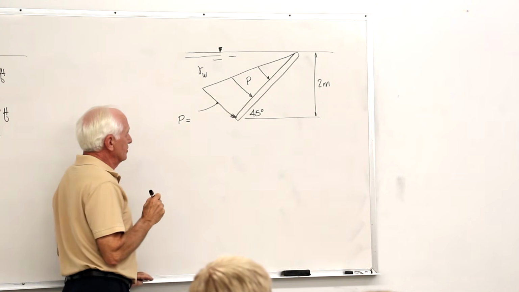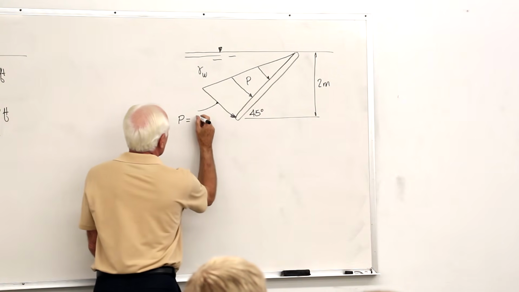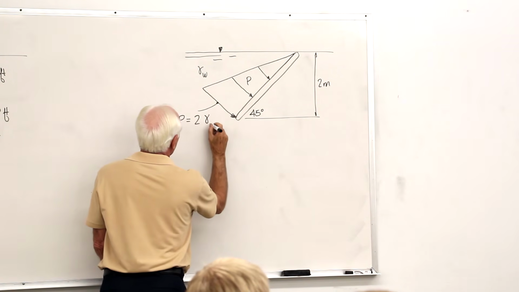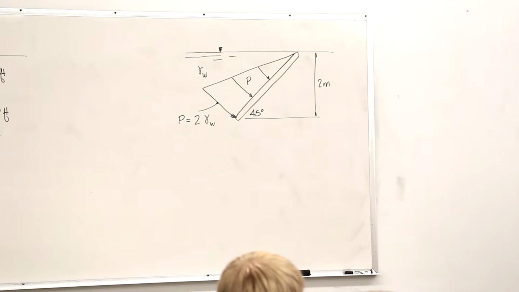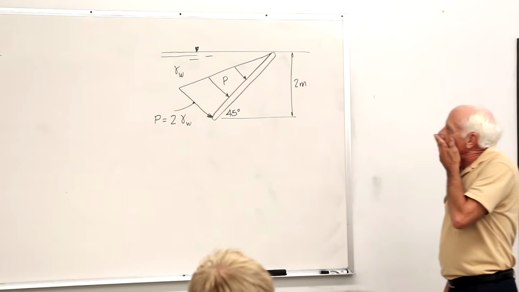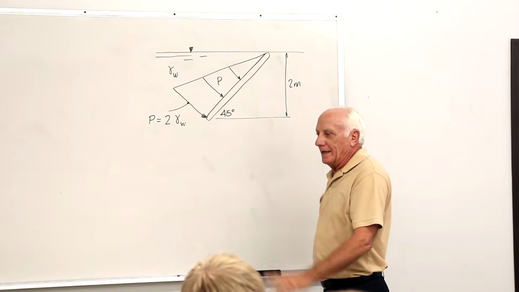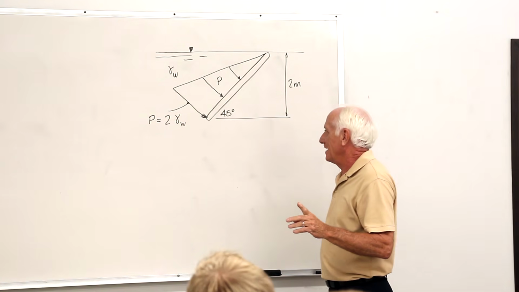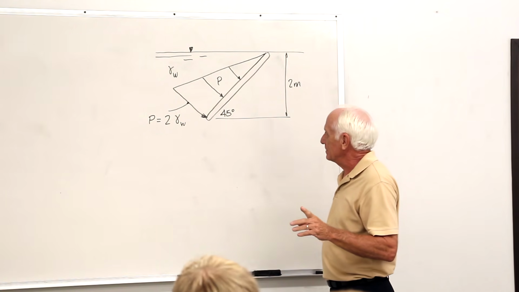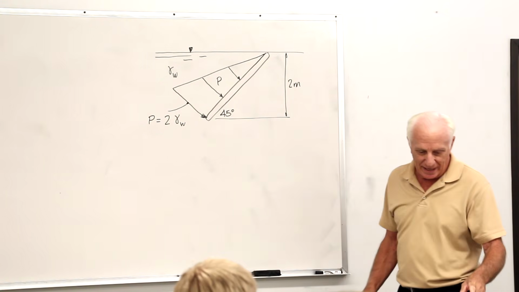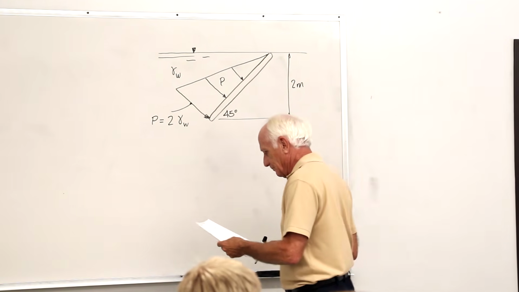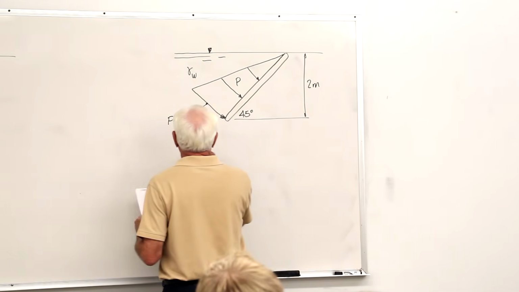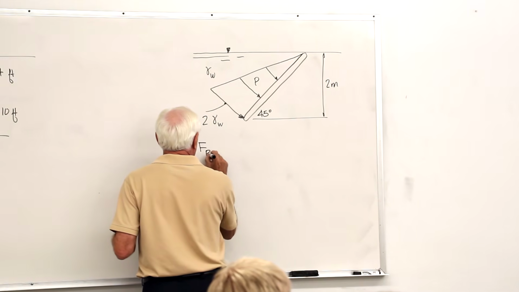Okay, what's the pressure there? 2 times gamma of water. Okay, we said the resultant force is the area under that little pressure prism, which is a triangle in this case. So the resultant force